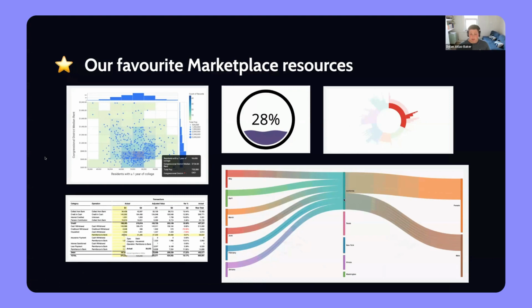So if you ever need a different type of chart, or maybe you have people saying, hey, I'd like to be able to use more charts in Looker, go have a look at all the charts that are available in the marketplace. They may well be able to solve your need and empower people with slightly more resources, more options when it comes to what visualizations they have available to them